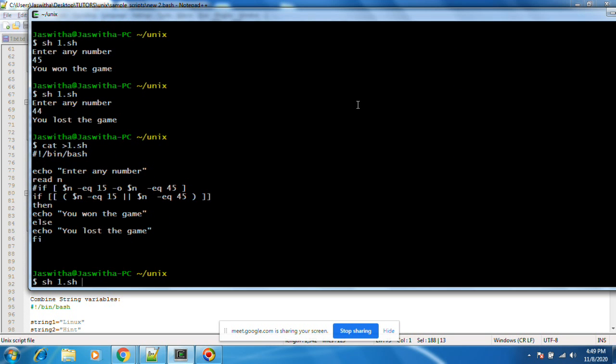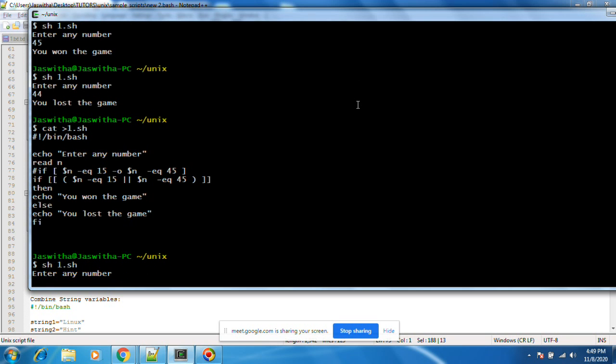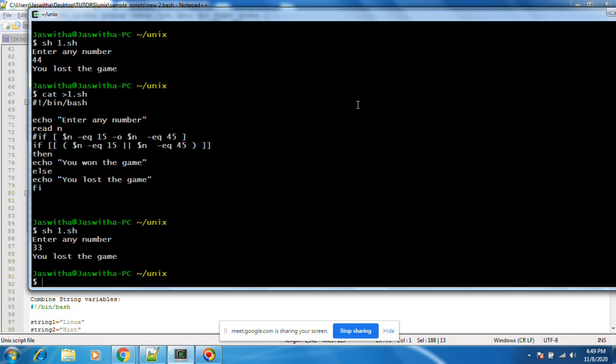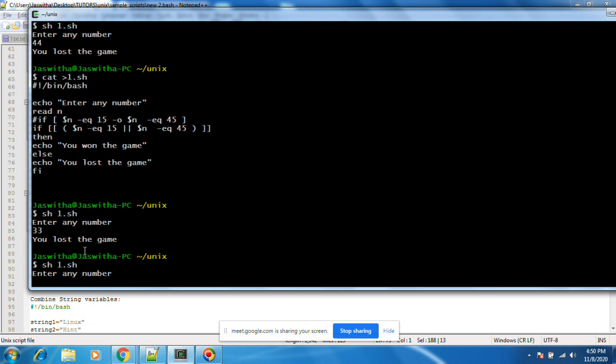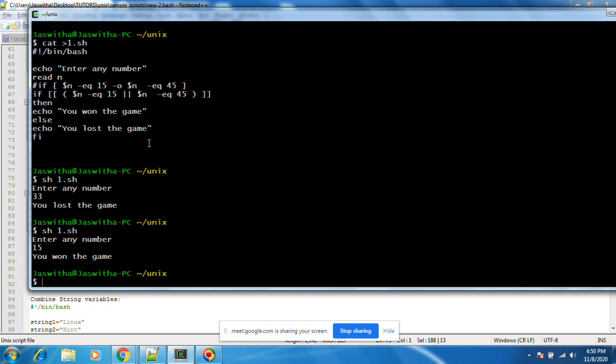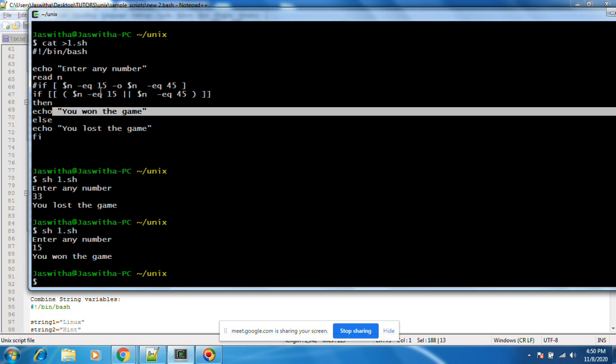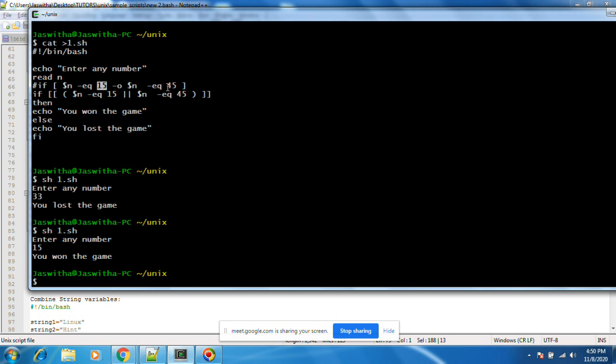You lost the game. Let's give 15. 15 means this will succeed. You won the game. See, whatever number is given, if the value is 15, then this will execute. 15 or 45.